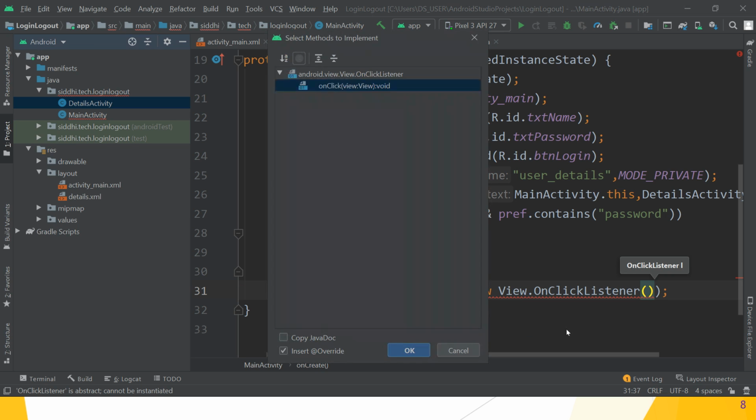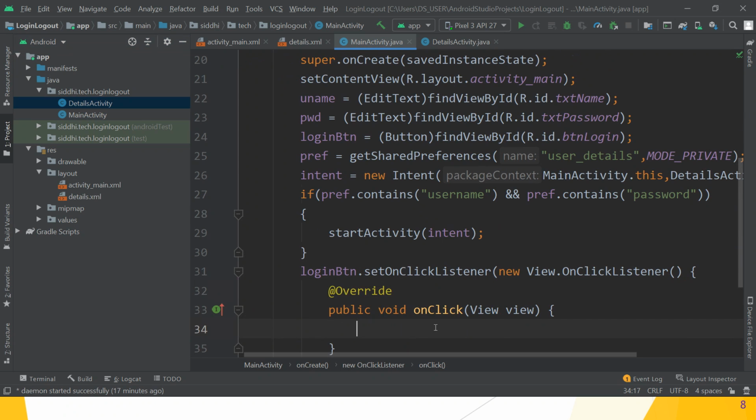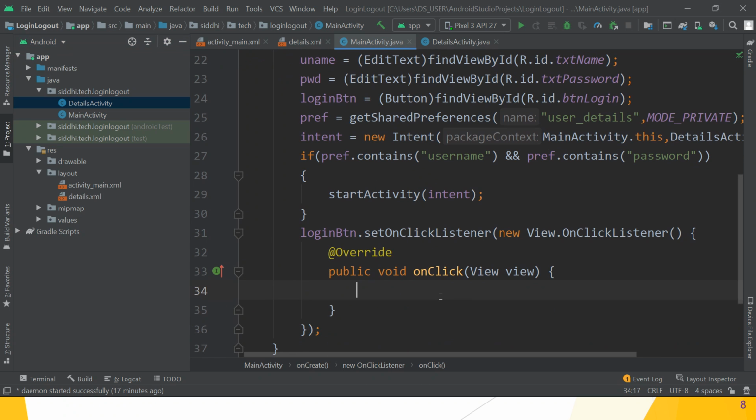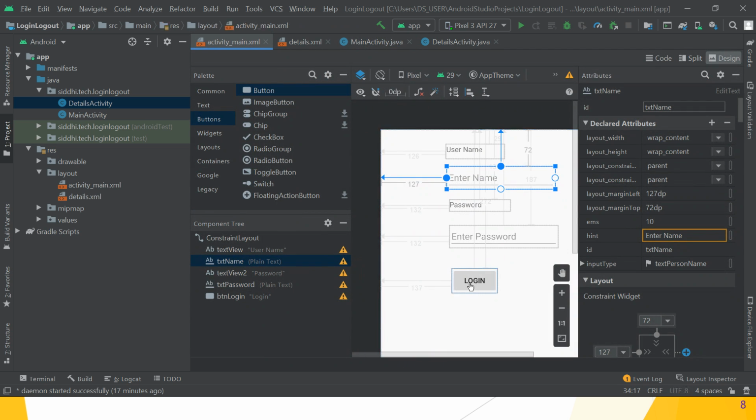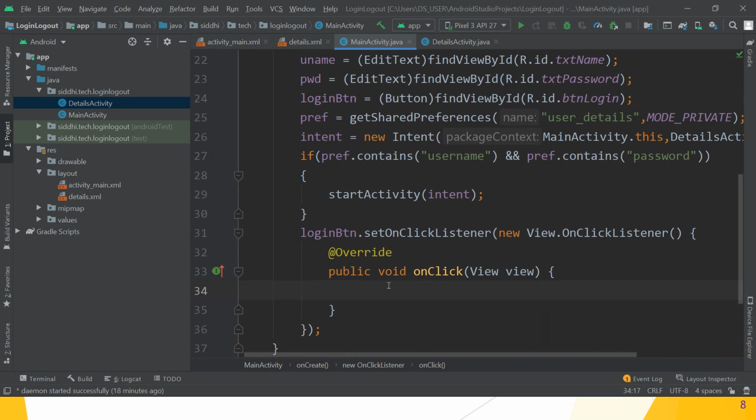Implement the onClick method, click OK. So it automatically adds the onClick method. Great. So in the onClick method, that is event handling, when you click on the login button, what is the action? When you click on that login button in your activity_main.xml, and if the username and password are correct, then what we have to do? That code we have to write here.